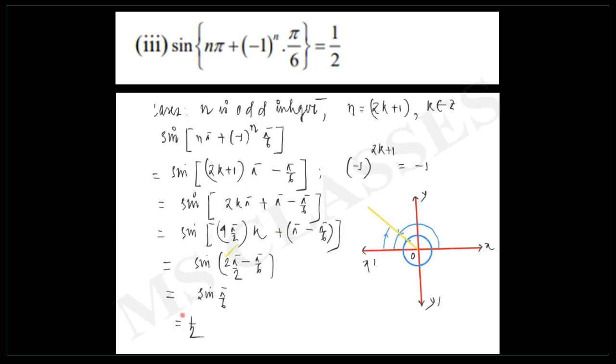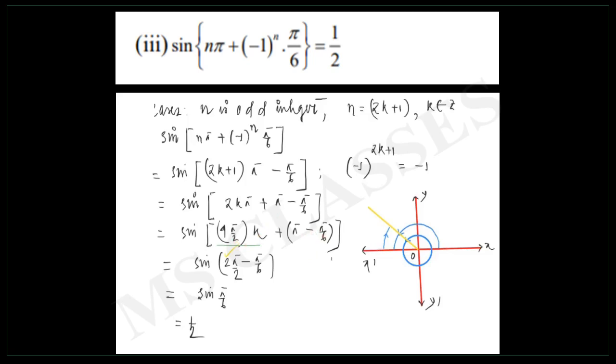Or someone can think in this way also. There is 4k into pi by 2 plus something. 4k into pi by 2 means the number of circles, and then plus this angle. So number of circles means it will terminate in the first quadrant only, plus something. So take it in that way, and then 2 into pi by 2 minus pi by 6 you can do it. Or you can directly write what I have told you here, that this lies in the second quadrant, because 4 pi by 2 into k will be in the first quadrant, then pi minus pi by 6 second quadrant. The whole angle is in the second quadrant. So from here only directly you could say.